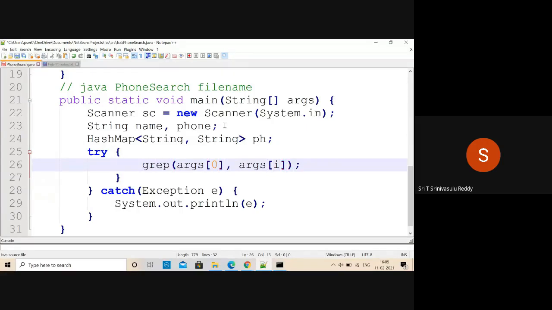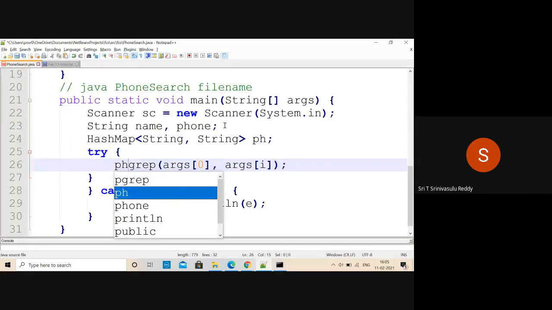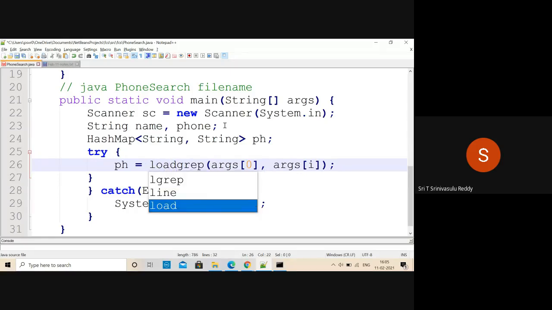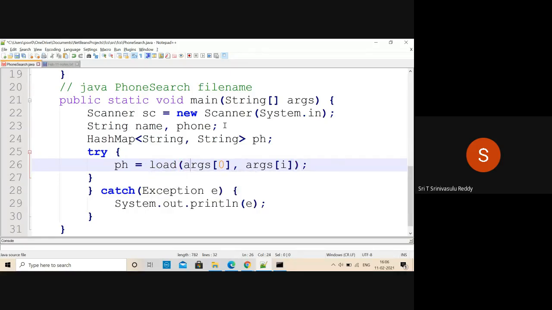Try is okay. This is going to be like this. So here PH equal to load. You are going to load aux of 0.